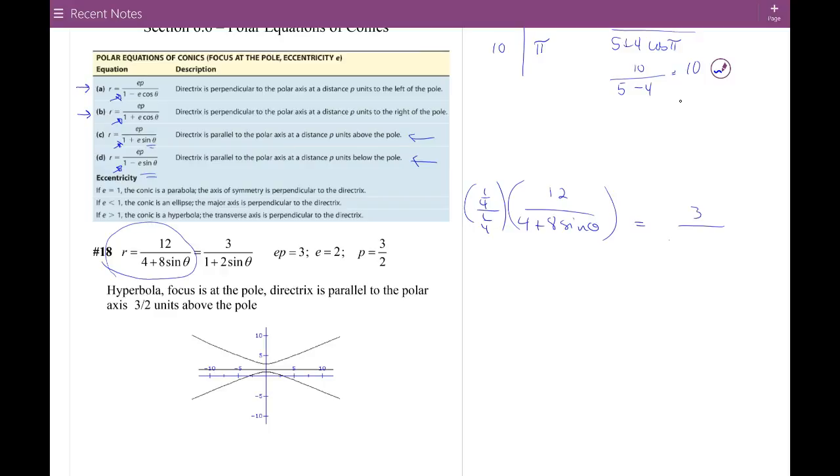So you get 3 over 1 plus 2 sine theta. Then 3 is your ep, 2 is your e. So e is bigger than 1, so that means you have a hyperbola. And then we plug in the 2 for the e in the